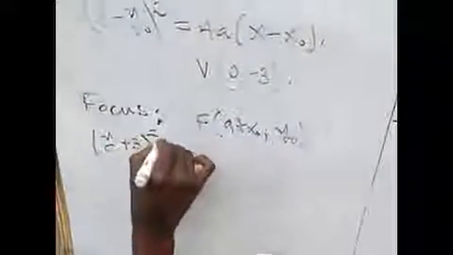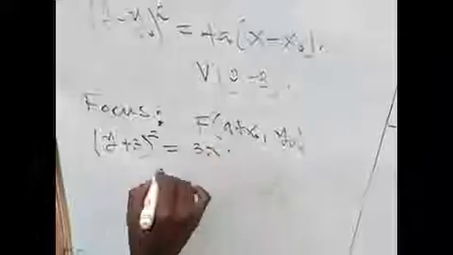Now for us to calculate our focus, we need to find our value of a and the value of x naught and y naught. So for us to calculate the value of a, we need to still compare this parabola to the standard parabola. Comparing this parabola, y plus 3 all that squared equals to 3x to